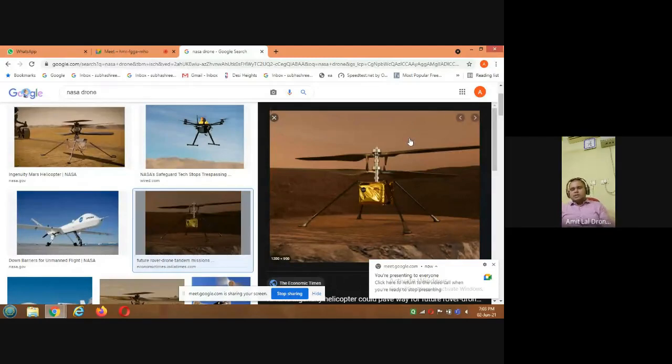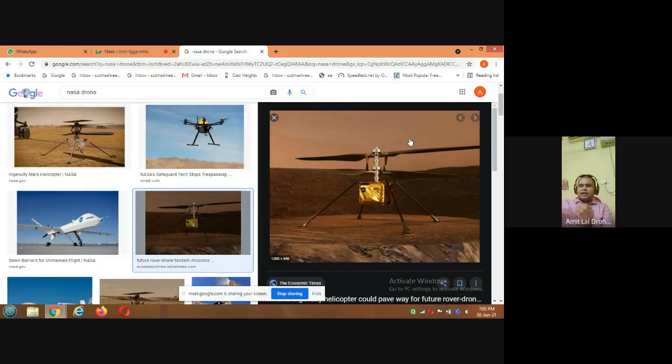Okay, so this is how the NASA drone looks. There are two rotors, they spin and produce lift, pretty much like every other drone. But how it is different is that it is a monocopter coaxial configuration. Coaxial means two rotors counteract each other, but again it is a monocopter. Monocopter means there is one rotor providing the torque, and these two rotate in different directions to counteract each other. They have short flaps so that they can increase and decrease the angle of attack, so that the pitch will increase and again these can lift.